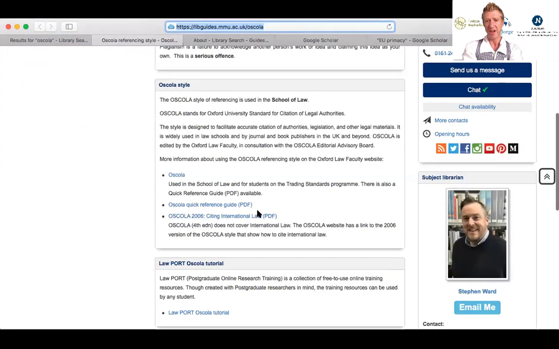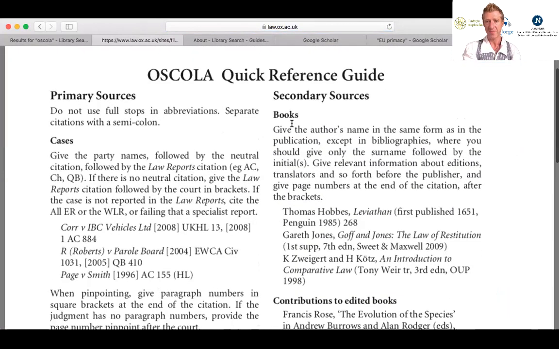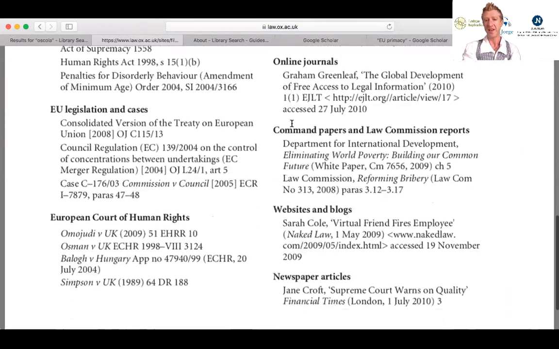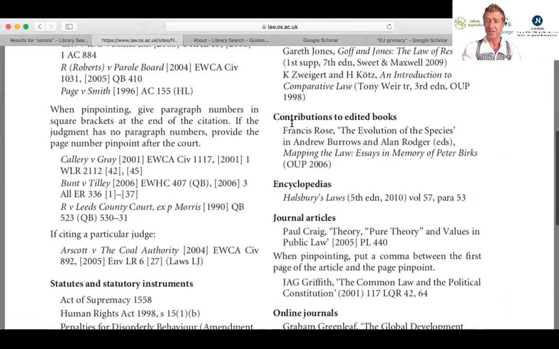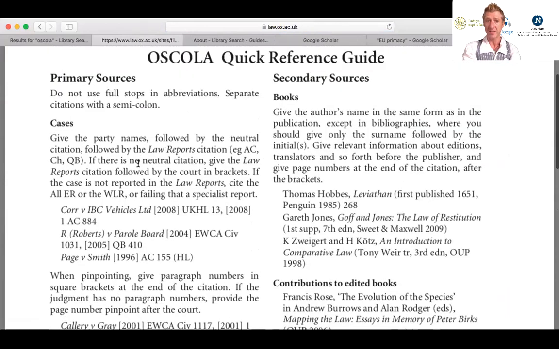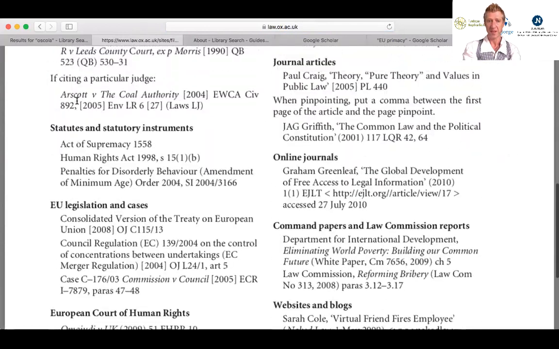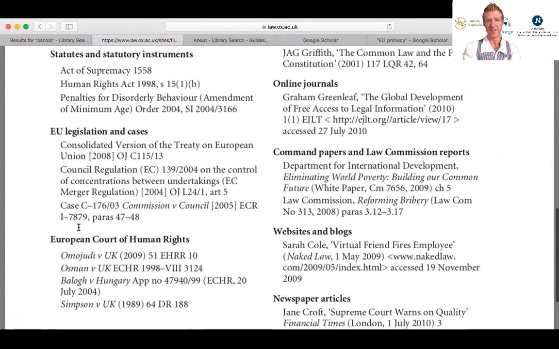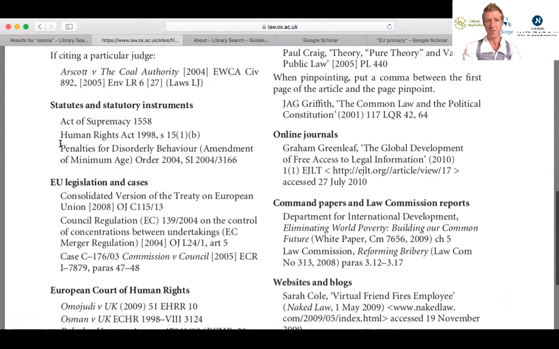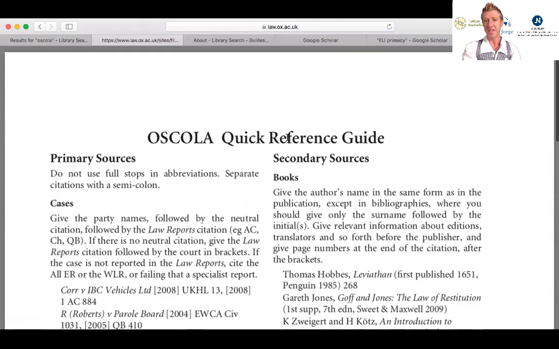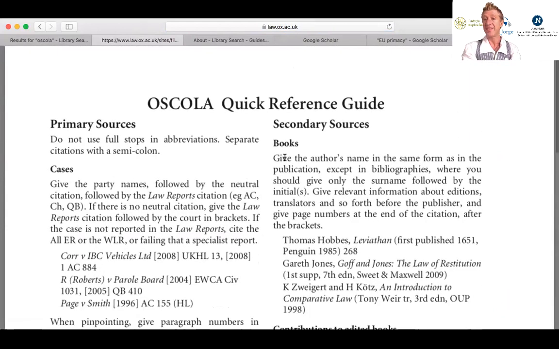You will have the very long PDF document, more than 50 pages, or you may have the one I was showing you, the quick reference guide. Can we see? The complete list of primary and secondary sources, and very briefly, it explains how the format needs to be done, in particular, check EU law, yes? And then in terms of secondary sources, that's the kind of variety we want.